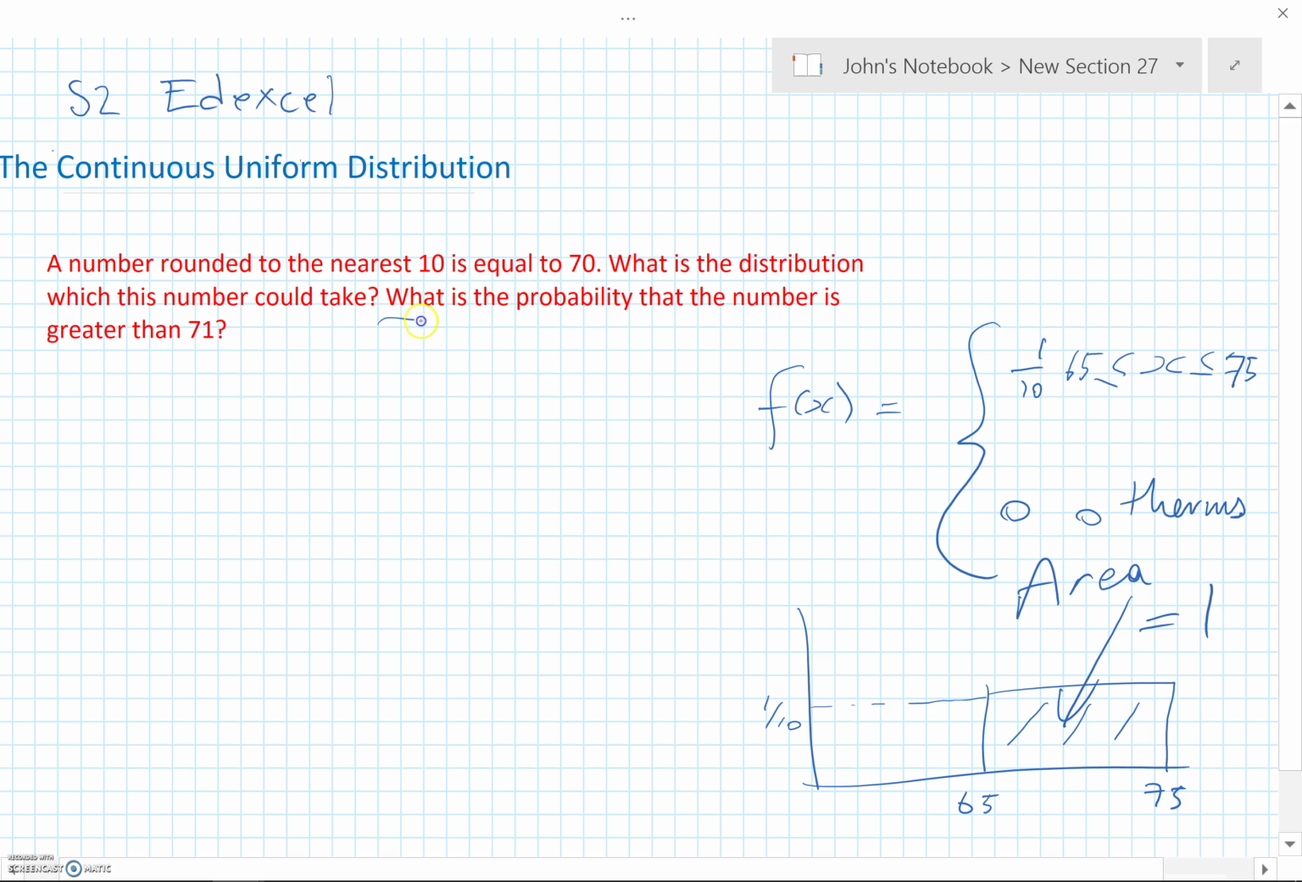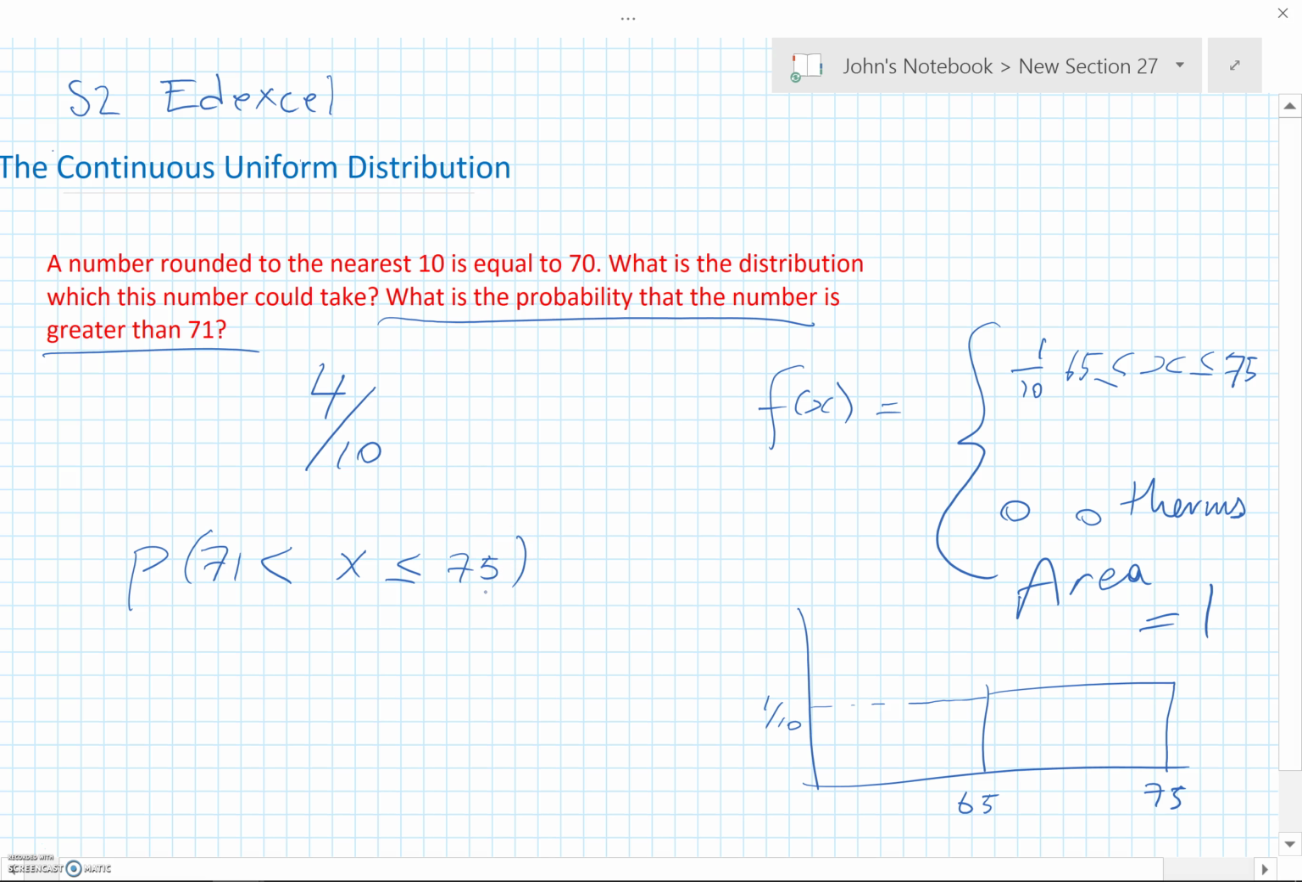So looking at the second part of this question, what is the probability that the number is greater than 71? I'm sure you don't really need to know a lot about probability distributions and continuous random variables to do this. You probably intuitively can see that it is 4 out of 10 because it could be between 71 and 75. So greater than 71 means greater than 71 exactly. Basically what we're saying is it can be any number greater than 71 but less than or equal to